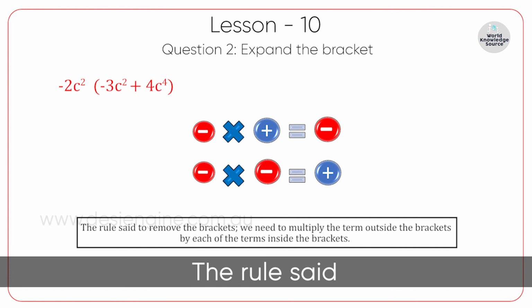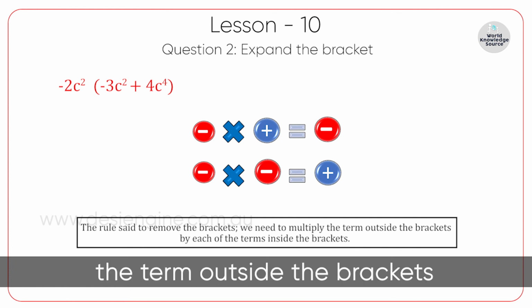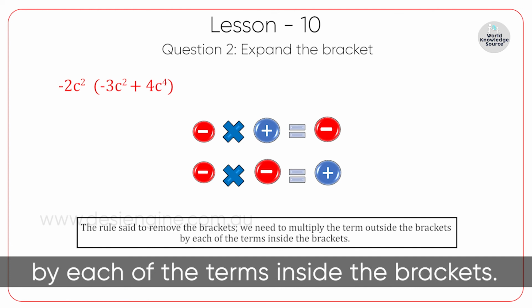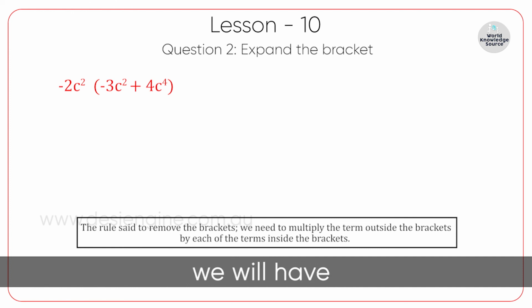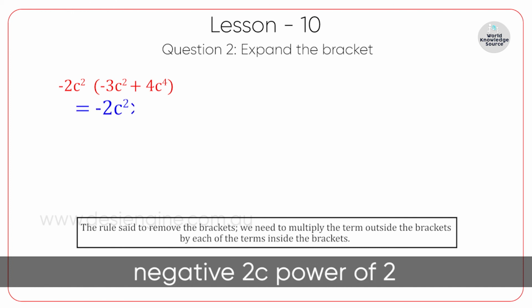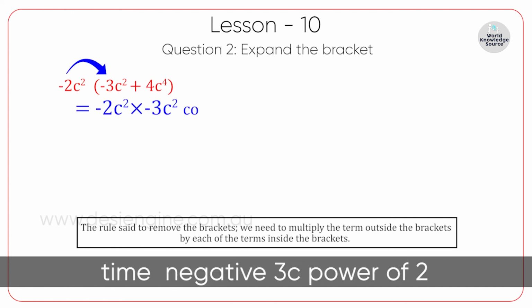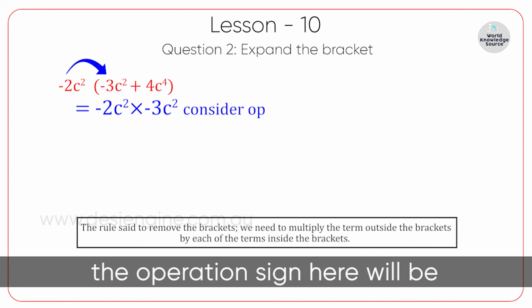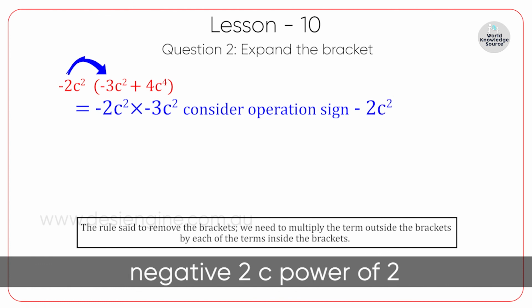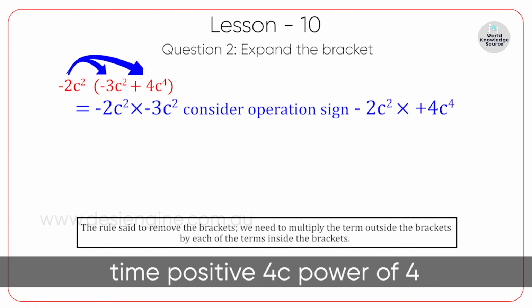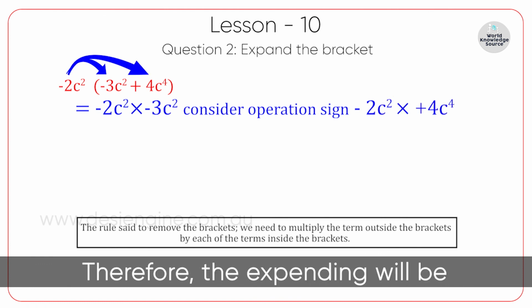The rule says, to remove the brackets, we need to multiply the term outside the brackets by each of the terms inside the brackets. Applying the rule, we will have negative 2c power of 2 times negative 3c power of 2, the operation sign here depending on the next multiplication, negative 2c power of 2 times positive 4c power of 4. Therefore, the expansion will be